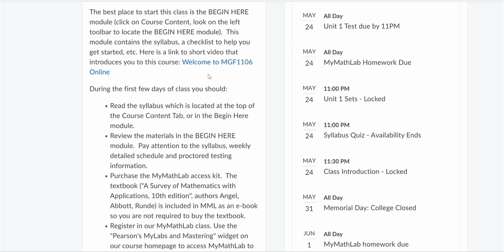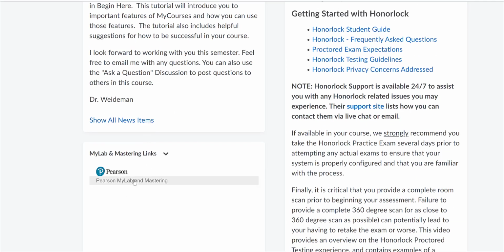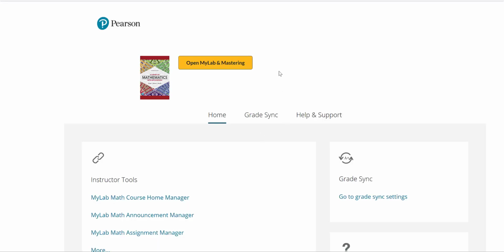So in order to get to MyMathLab, you must go with the link right below the news area on the left-hand side. It says Pearson MyLabs and Mastering. The first time you click on it, it'll walk you through the steps to get registered. There is an option during the registration process on the page where you see it asks you to enter your